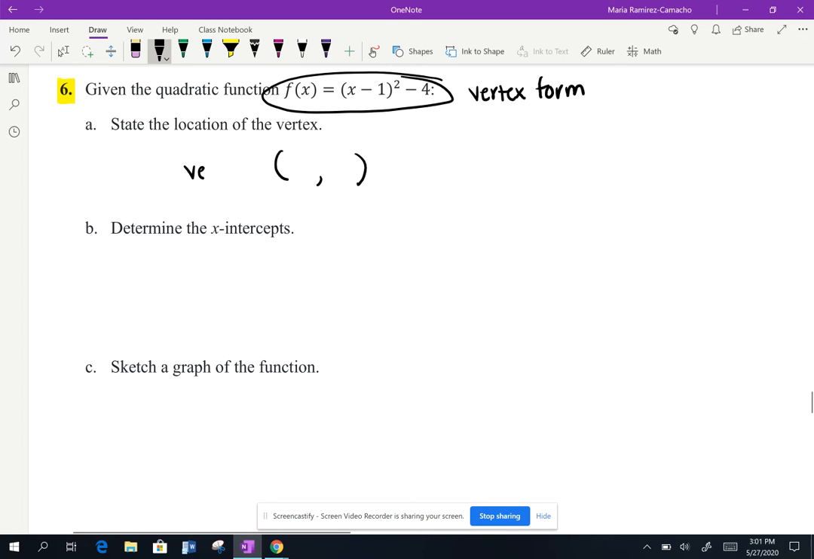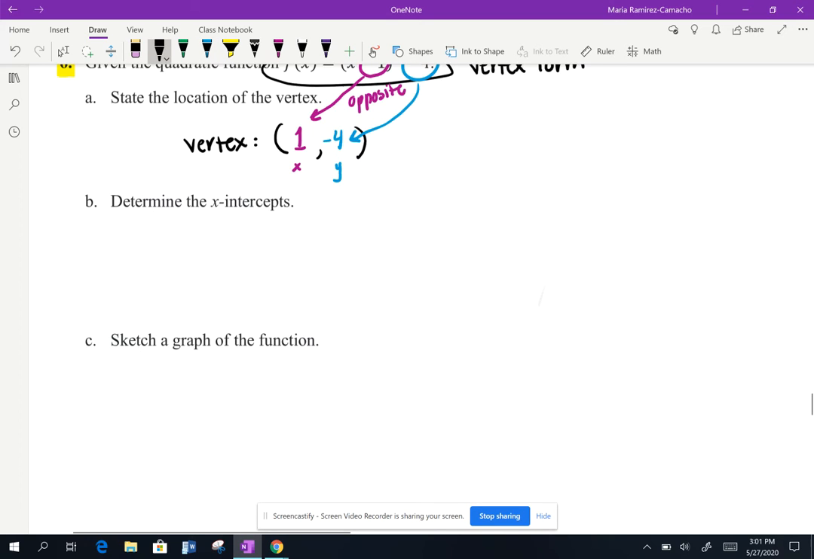So what numbers do we use specifically? We use the opposite of this. So if this is -1, then we use +1. Okay, that is the x coordinate of my vertex. The y coordinate is this number, -4. So what is my vertex? It is (1, -4). So that means that if I were to draw